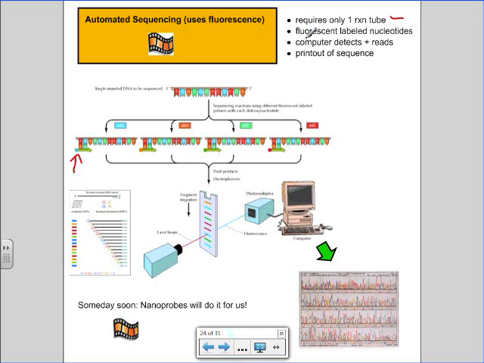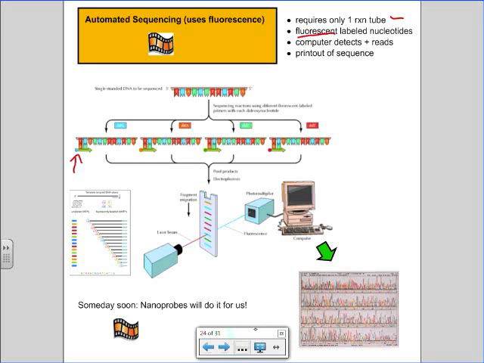Okay, so they're fluorescent labeled instead of radioactive. Computer is going to detect it. Okay, so the computer detects it, and then you get,